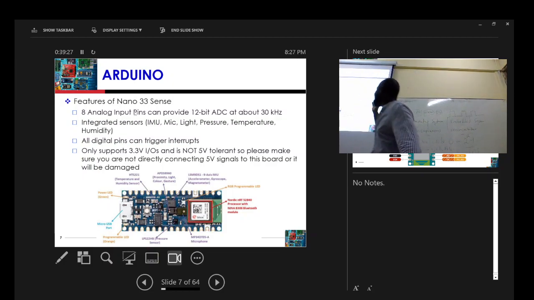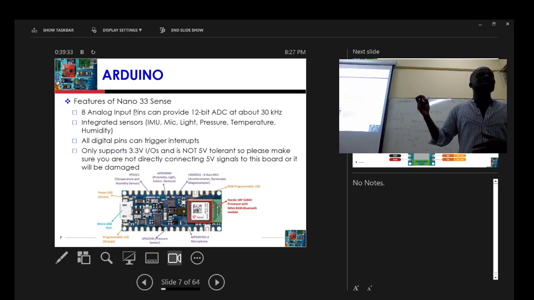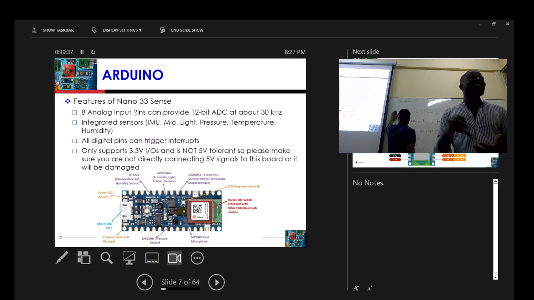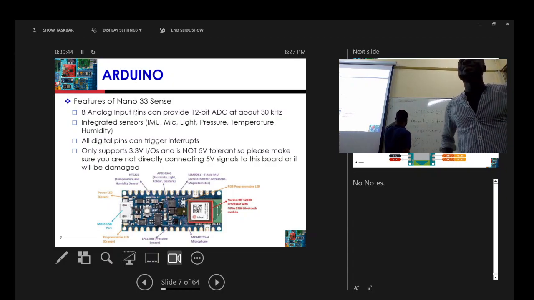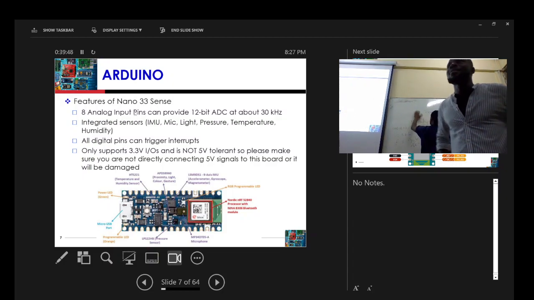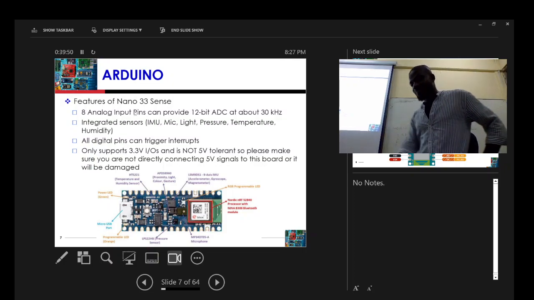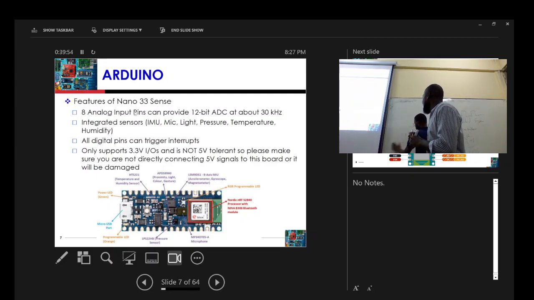So if I say we are sampling at 30 kilohertz, what does that mean? The space or the speed? No, it should be the space, not the speed. As I said,